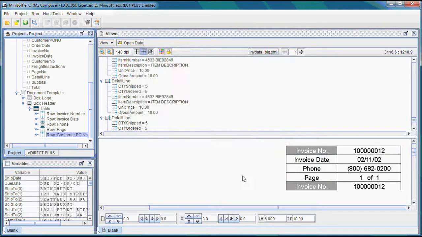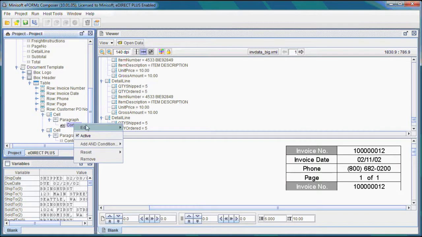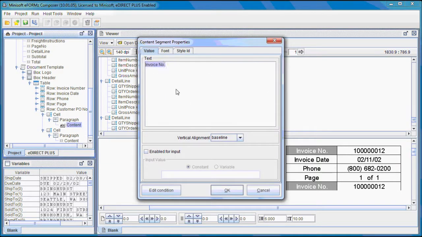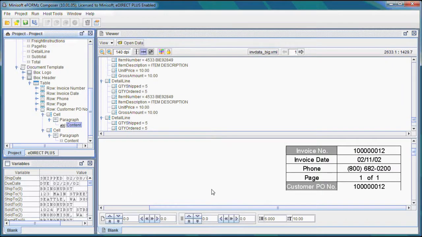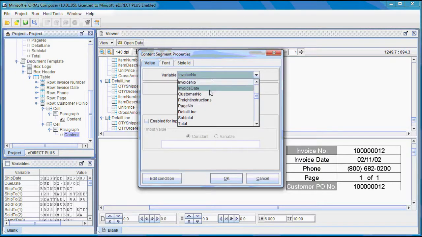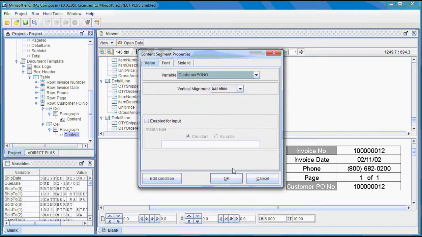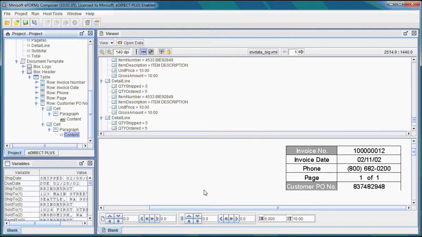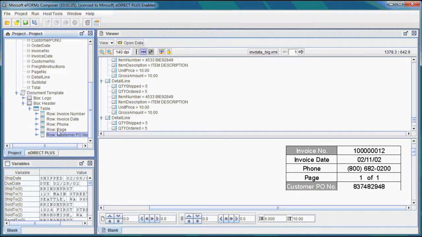And we'll leave it at that. And I'll go ahead and edit the value and make that customer PO number. Actually, it'd be real easy if we just did that. And click OK. And we'll go ahead and edit the variable by right-clicking and selecting Edit, Value. And we can select the customer PO number, not the customer number, customer PO number, not to get confused there. And there it is. So we've got a new category, and we can collapse that, and we can continue adding